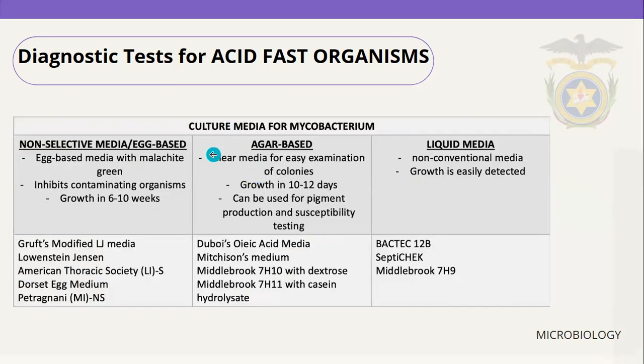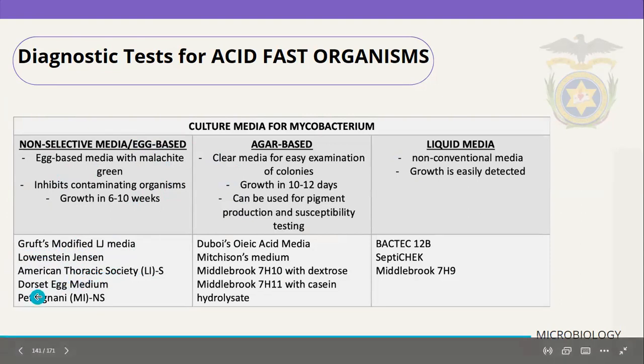So also here, I made a table for the culture media for Mycobacterium. It's classified as non-selective media, agar-based, and liquid. So for the non-selective media, or egg-based, we have here the egg-based media with malachite green. It inhibits contaminating organisms, and the growth is visible in 6 to 10 weeks. So we have 5 examples there. We have the Gruft's modified media, the Lowenstein-Jensen, American Thoracic Society, Dorset egg medium, and Petragnani